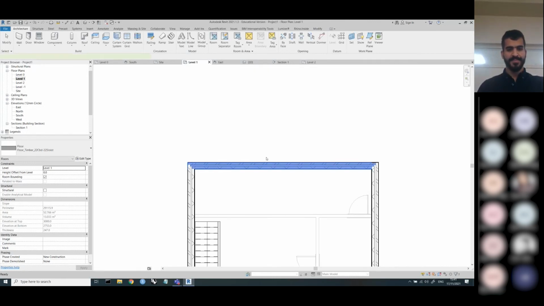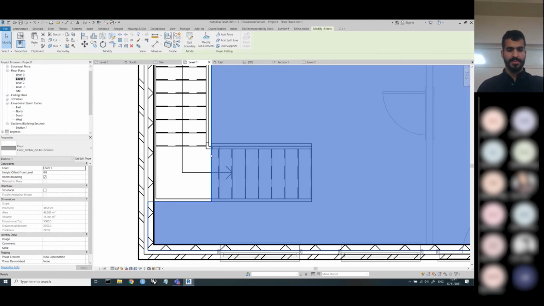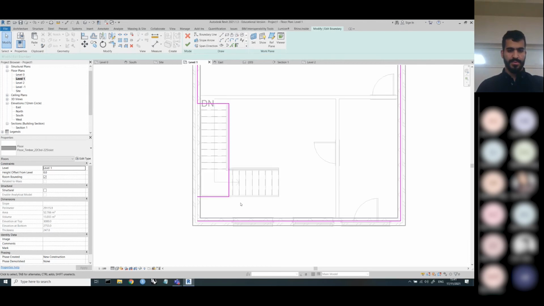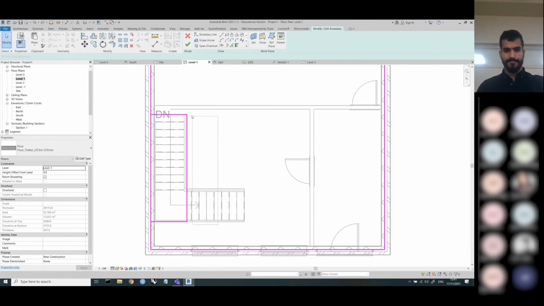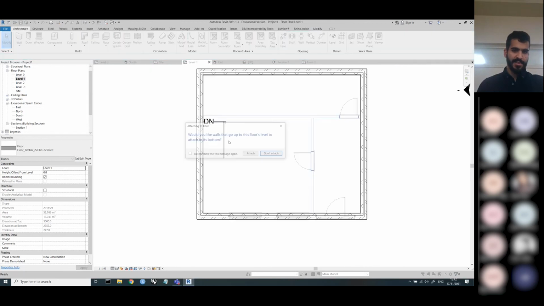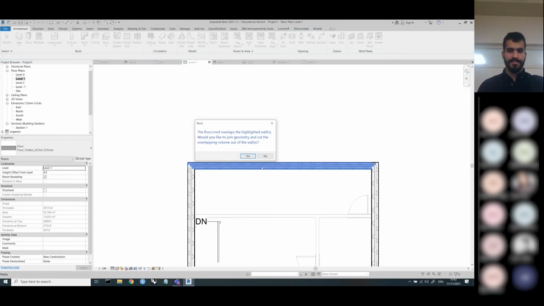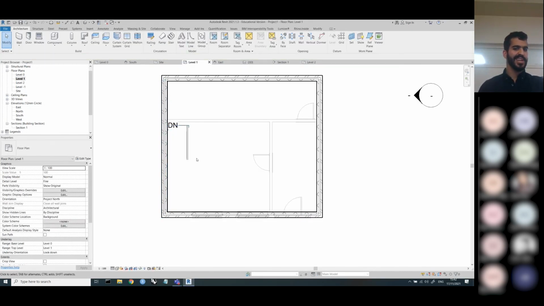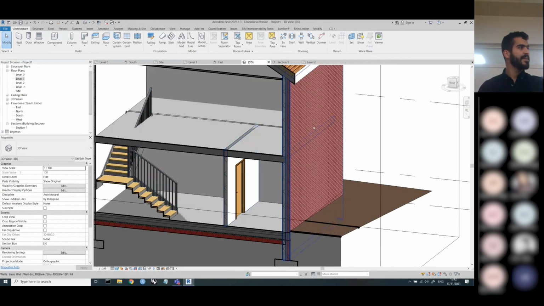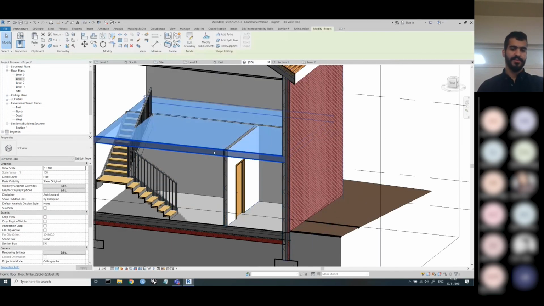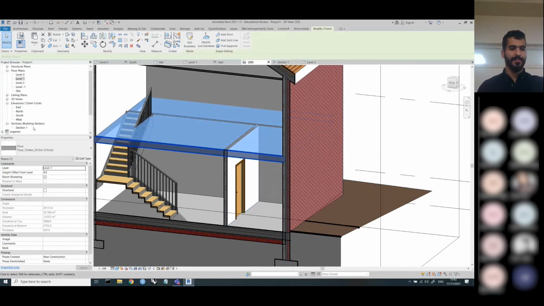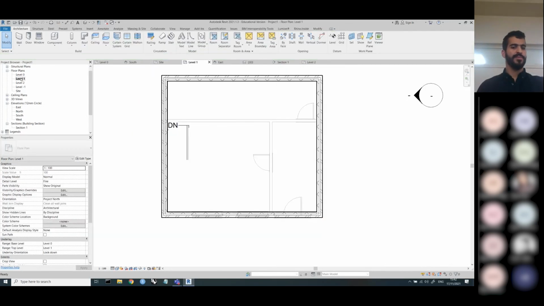Okay, so this is what you should have. You should have just the railings going up. So if I go on section, if I go on 3D again, this is what you have. Same. So I need to edit the floor because it doesn't know what kind of hole I want in the floor. So if I go level 1,